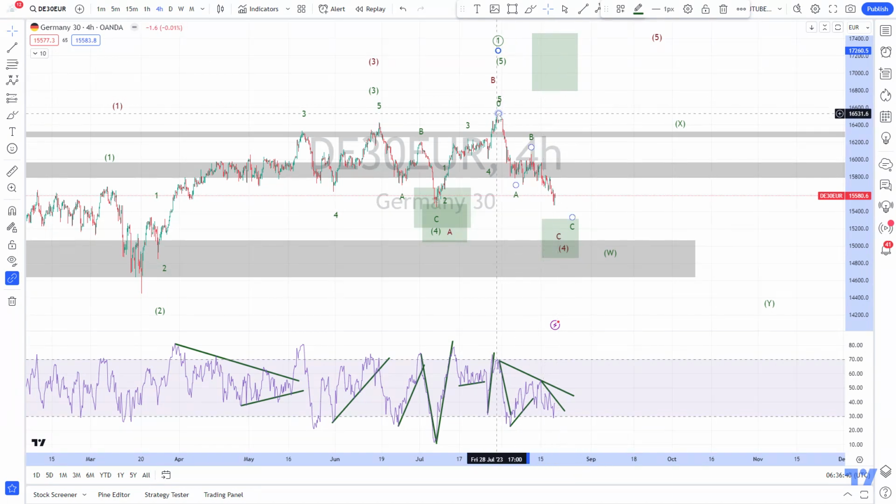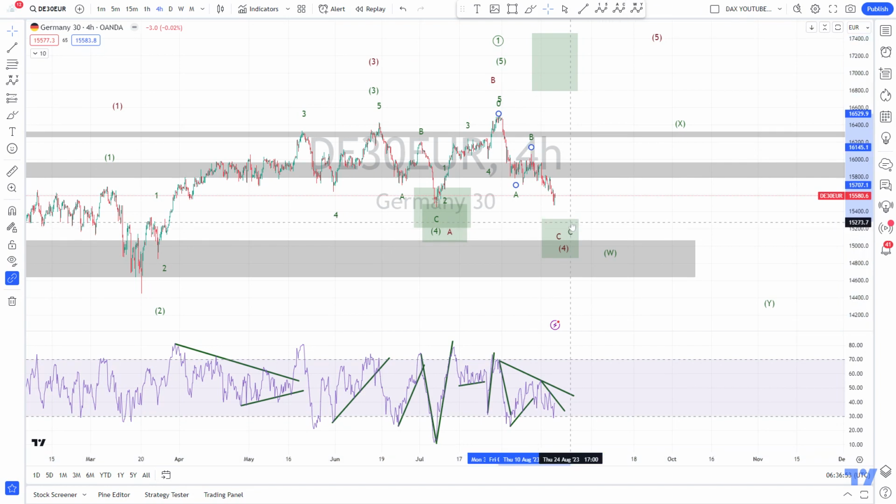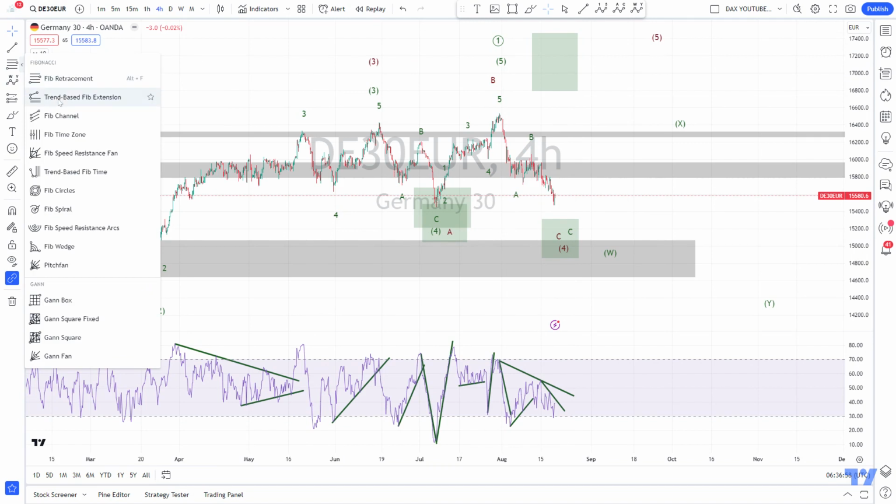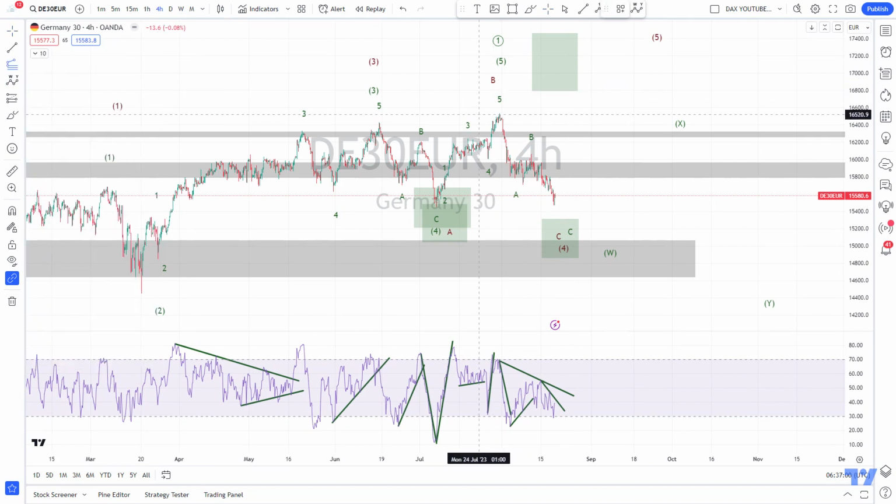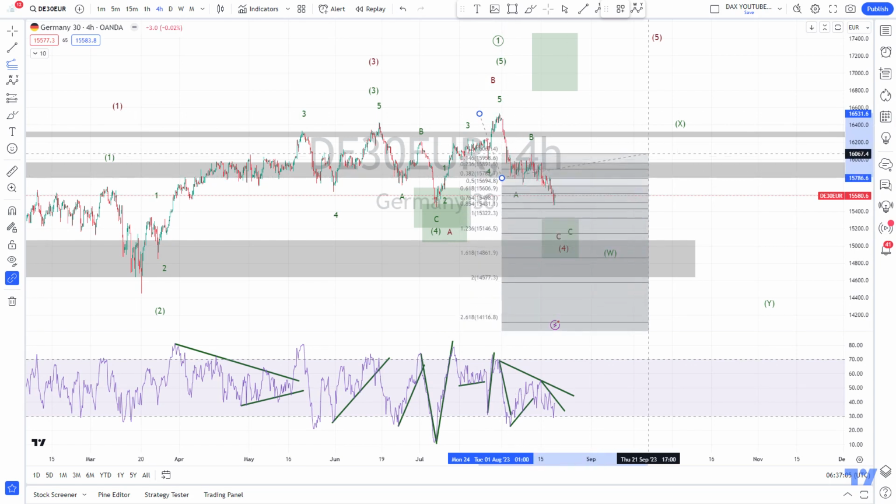Then we went down from here. So for now, this looks like we are moving in three. Like this is an A, B, C, and then the target area for this wave C is here, this area. The area we can find by taking the length of our wave A, the length of our wave B, then here the area between the 1 and the 1.618 Fib extension is the area where our wave